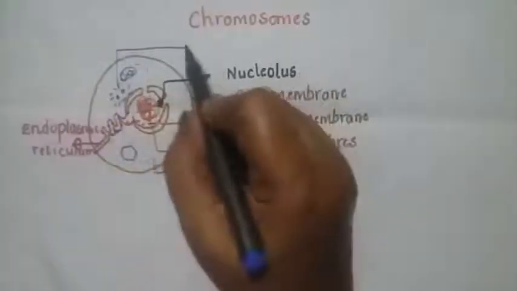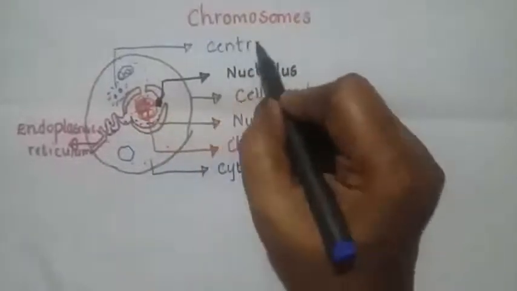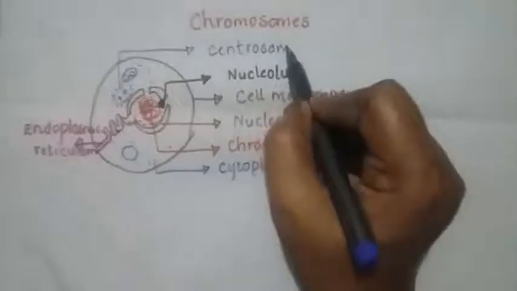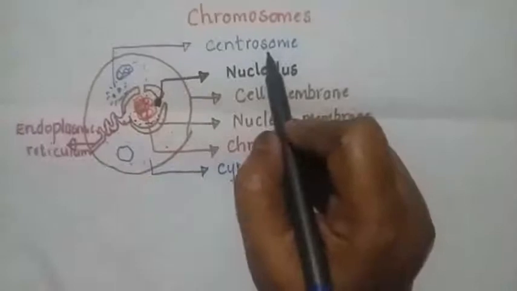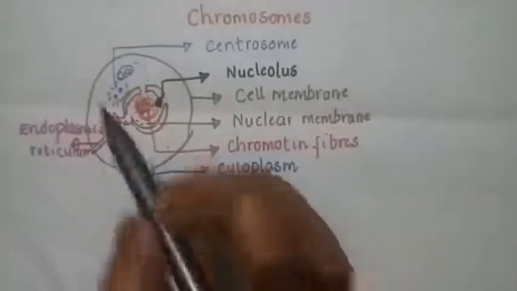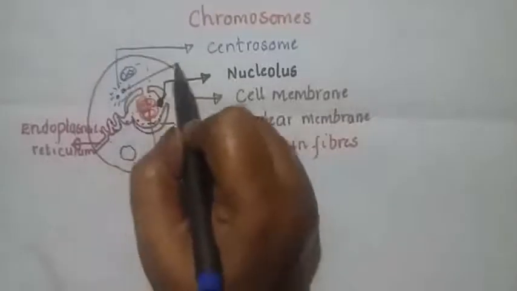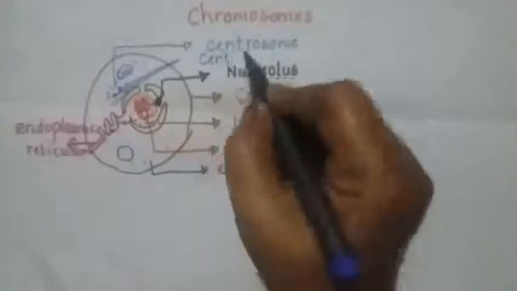We find the centrosome near the nucleus in the animal cell, right? And the centrosome comprises two spherical bodies, and those two spherical bodies are known as centrioles,